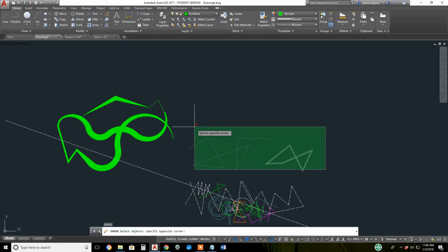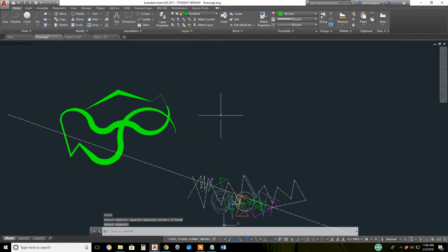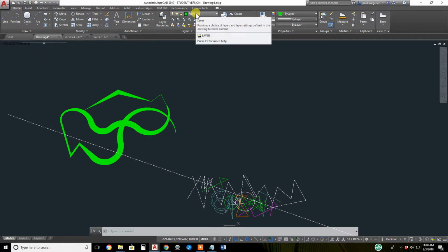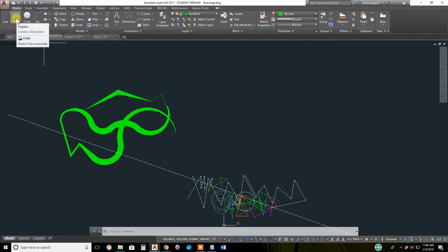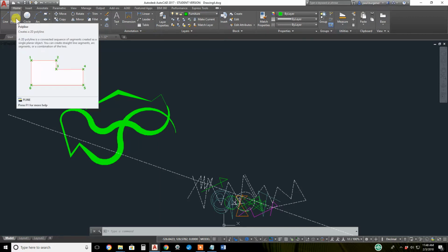Let's continue a little further with polylines. I'll get some blank real estate here. Again, polyline is a sideways J. Just like any other object, it'll obey whatever the setting or the properties are on the current layer when you create it. You can change the layer of a polyline the same as changing a layer of a line or